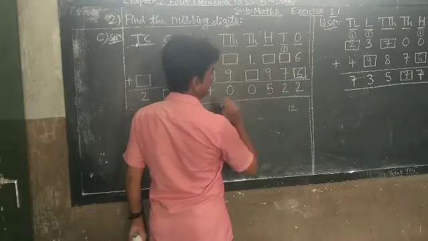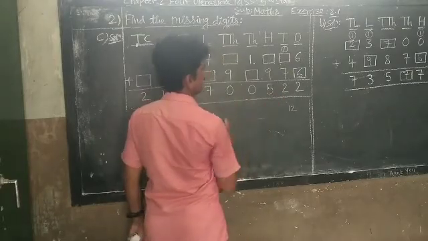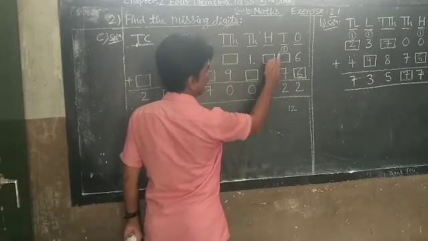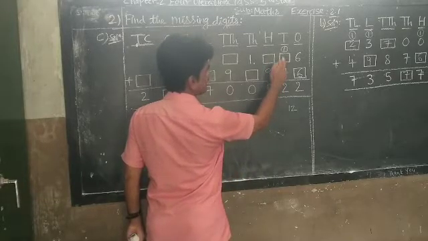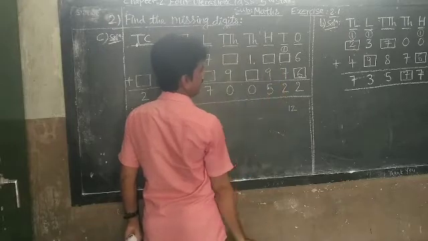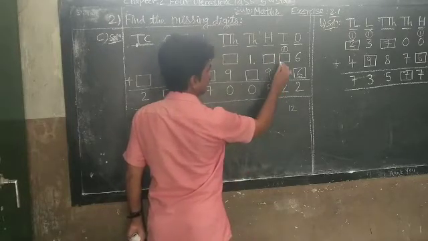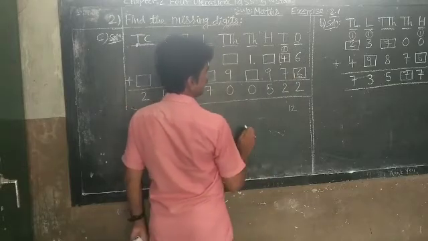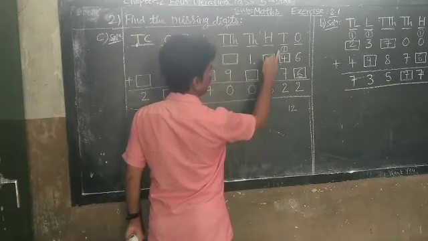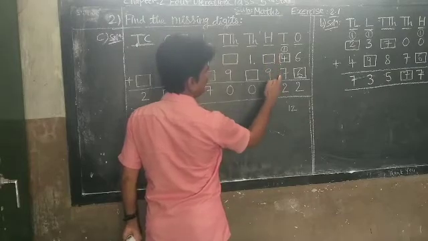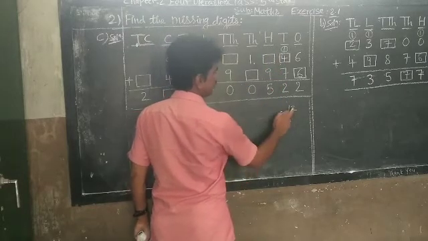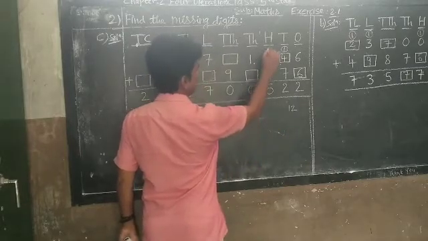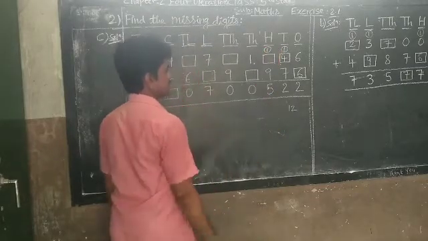Next, again 2 is given here. Which are the addends here? 1, 7. 1 plus 7, 8. 8 plus how much, if you put, you get 2 here? 8 plus 4. When you put 4 there, what will you get? 1 plus 4, 5. 5 plus 7, 12 again. So that is why this 2 is here, and this 1 again carry for hundreds place.